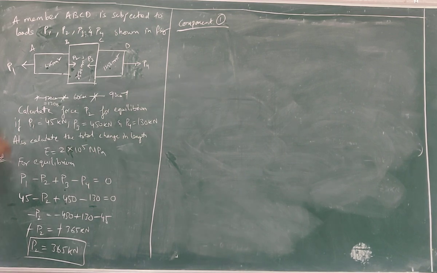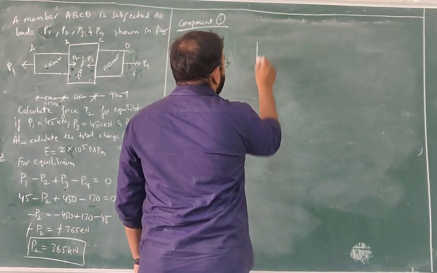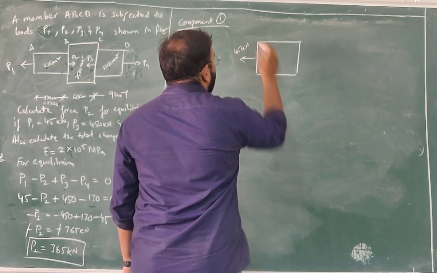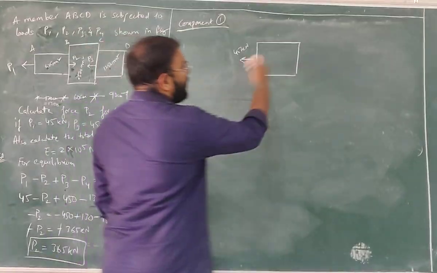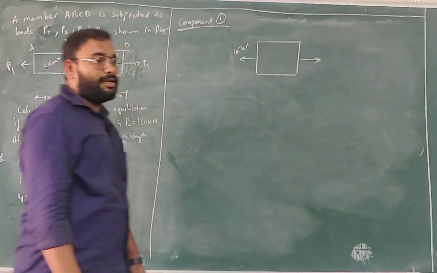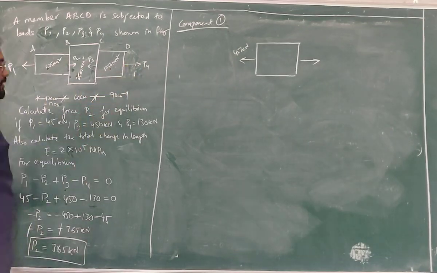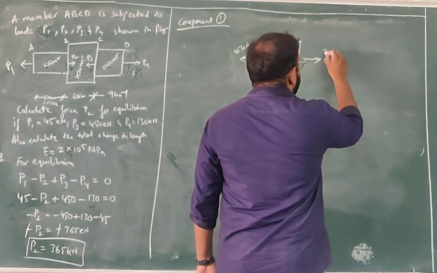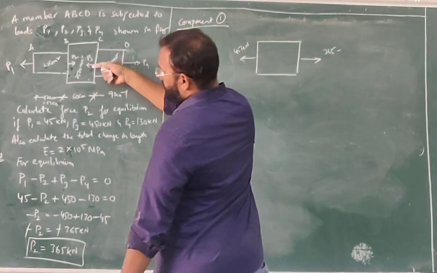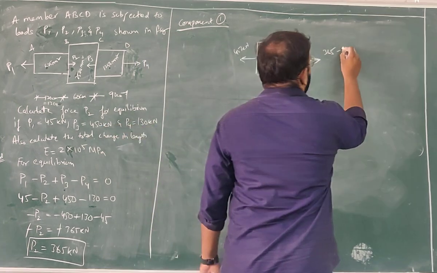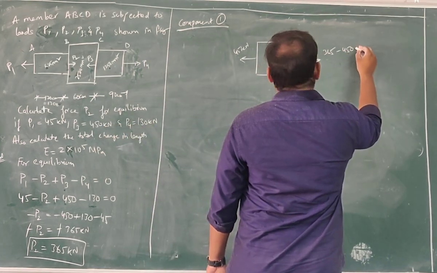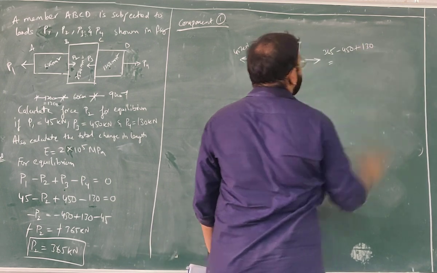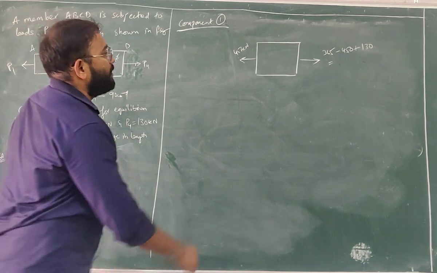Component 1, if you see, this is component 1, subjected to a tensile force like this. This is 45 kilonewton. Okay. Now reaction should also be tensile. Now you need to add all these forces here. We have a P2 like this, which is tensile in nature. So plus 365 minus P3, P3 is 450, plus P4 is 130. Tell me what is the answer? 45 kilonewton.